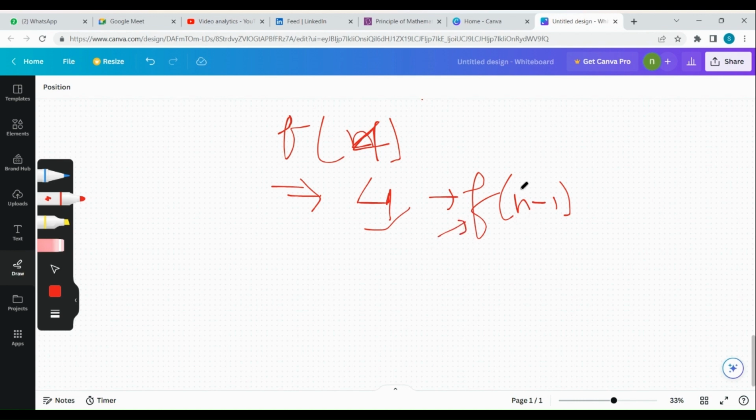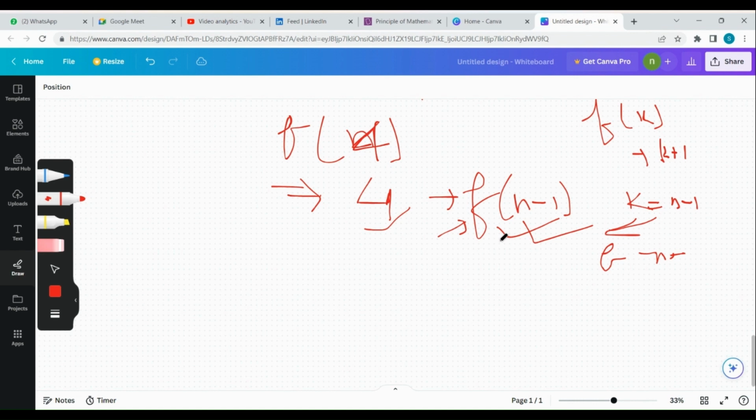So we already proved that f of k holds true. We can prove f of k plus 1 true, right? Let's assume k is equal to n minus 1. By the induction hypothesis, this will be true. And if k is true, we can prove f of k plus 1, that is f of n, is true. So if this is true, we can solve the larger problem. We'll just call the recursion with the hypothesis, and once we get the answer from the recursive hypothesis, the recursion leap of faith,